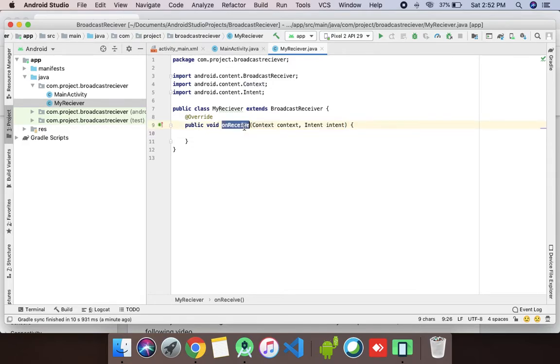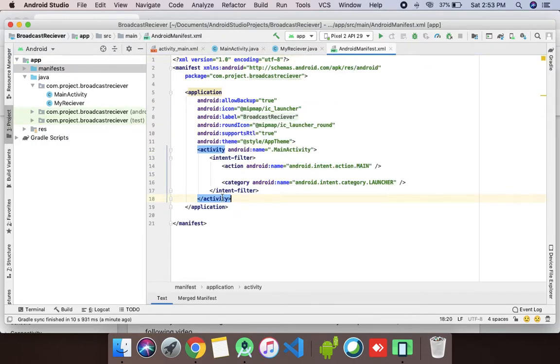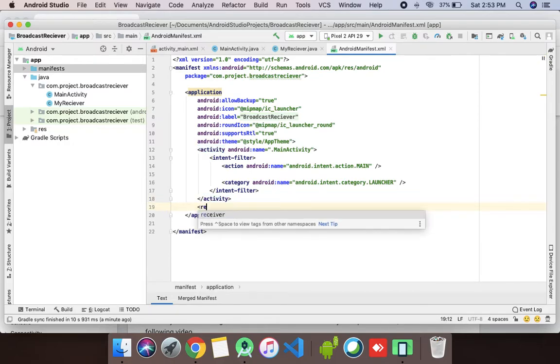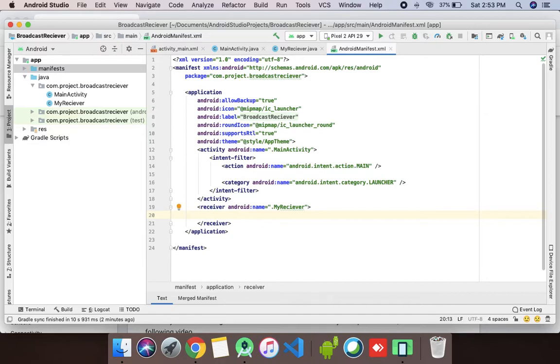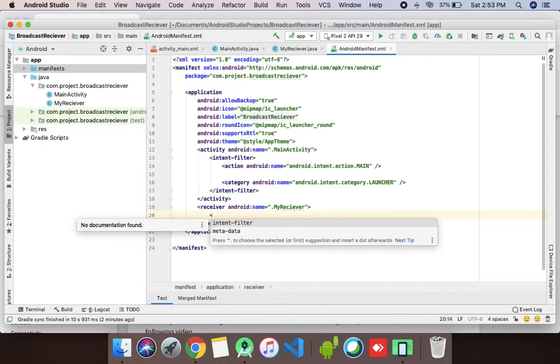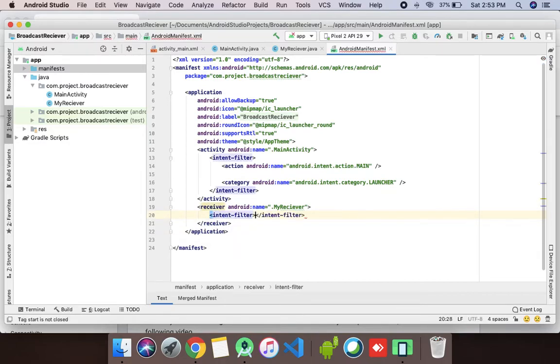So we have created the onReceive method and a basic broadcast receiver, and we need to register this receiver in the manifest file. There is a tag called receiver. We need to add MyReceiver into this, and there is one more thing, the intent filter. We will learn about this in a bit.